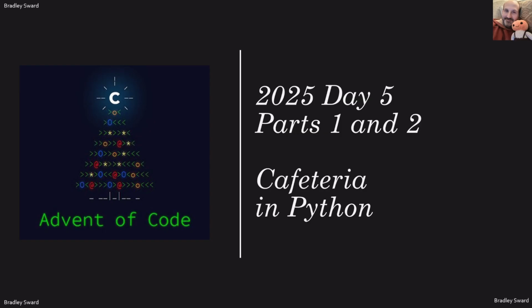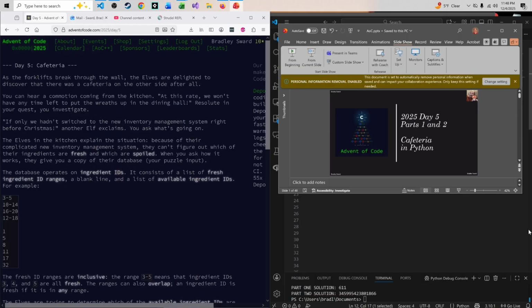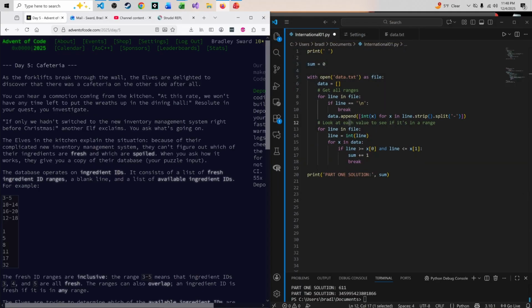The problem is called Cafeteria, and I'm solving it in Python, as I almost always do for these kinds of problems. So the problem is as such. You have a bunch of ranges of values, so 3 to 5, 10 to 14, 16 to 20, 12 to 18. And the goal is to find, at least for part 1 here, how many of the numbers that come